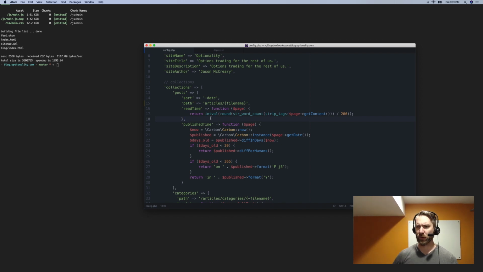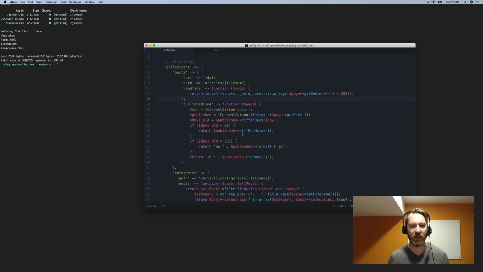I don't necessarily want to say this is going to take you 4 minutes and 23 seconds to read, so this is just that nice simple 5-minute read time. Same with publish time. Just wanted to use something to make it human readable. Carbon, which is a really nice date library in PHP, just has this great function, diffForHumans, aptly named, of course. Arguably, from an MVP perspective, I didn't have to write these other 3 lines of code because I don't have any posts that are older than 30 days. But my thought process was already there, so I just went ahead and drafted those up too.